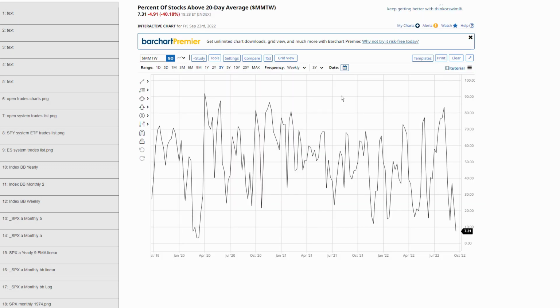Next. Chart 33, here's the percentage of stocks that are above their 200-day moving average in the market. It's now down to 7.3%. Very oversold. The only time it was lower than this was back in March 2020, when it was at 3.1%. And by the way, that was the lowest ever. Back in 2008, it never fell this low. So this is the second lowest on record. So like I said, short term, we are very oversold.